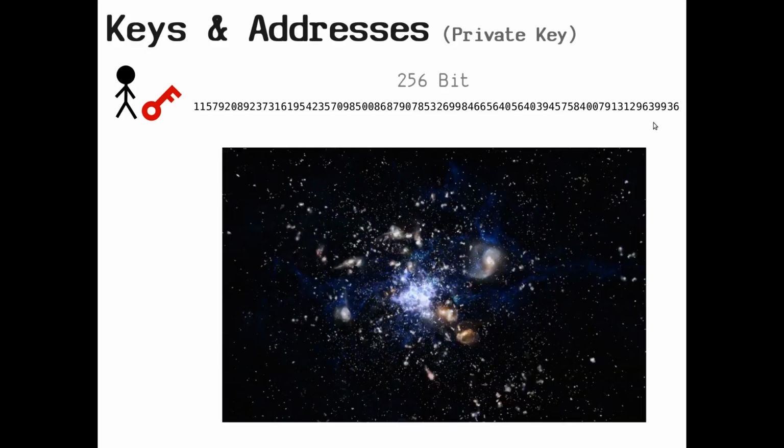To illustrate that, let's say this is the known visible universe. This number here is the number of atoms in this known visible universe, which is 10 to the power of 78. As you can see, this 256-bit number here is not too far off from the number of atoms in the universe. You just have to trust me on that, because this number is so large. It doesn't particularly look large here because I can display it on a screen, but this is unbelievably